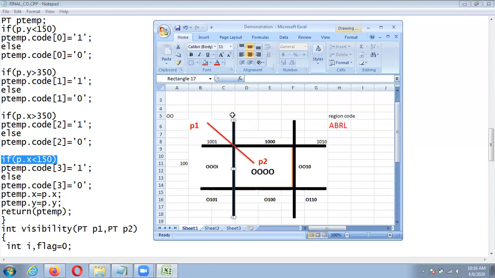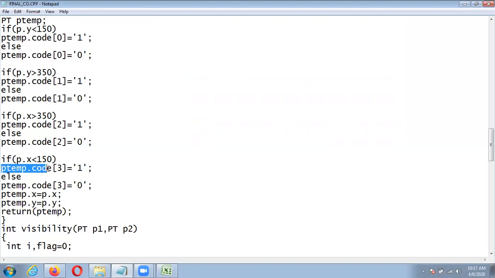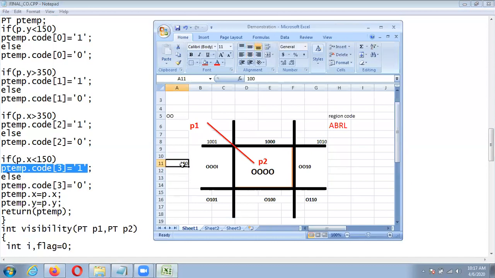X is 150 over here. If it is less than 150, then it is at the left side of the window. So we have to assign this ptemp dot code of 3 equals 1. Yes. So here we can assign this as a 1 over here, because it satisfies that we are considering it as a 100.